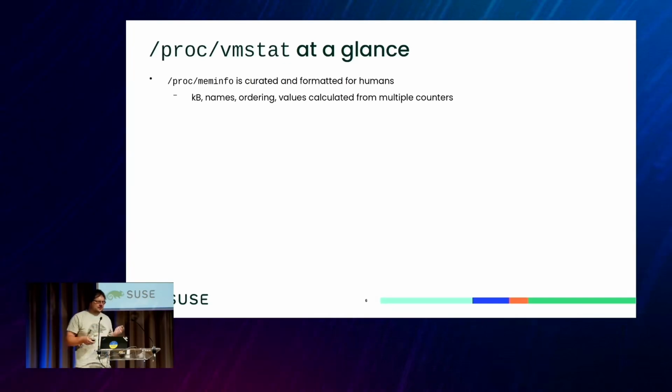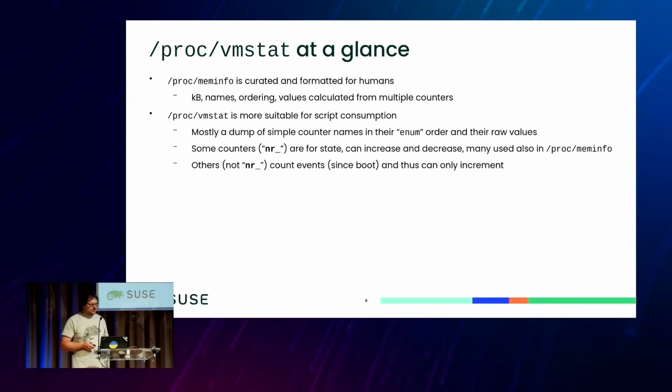The names are somehow picked and the ordering makes some sense, and the values sometimes don't reflect single counters, but are collected from more counters to give you some semantically useful value. In comparison to that, /proc/vmstat is just everything, the kitchen sink. So